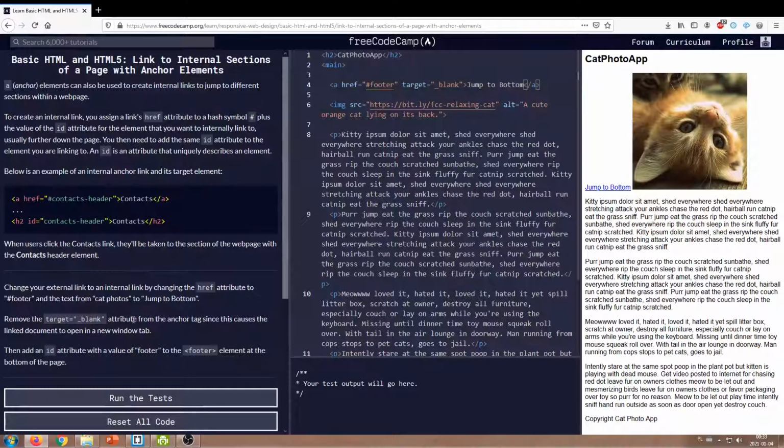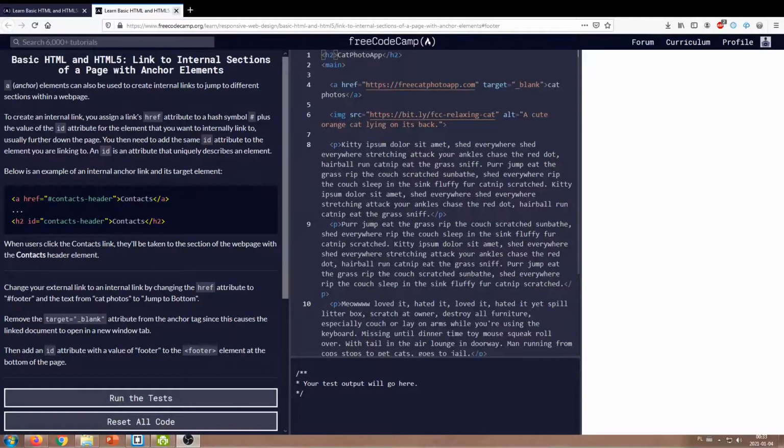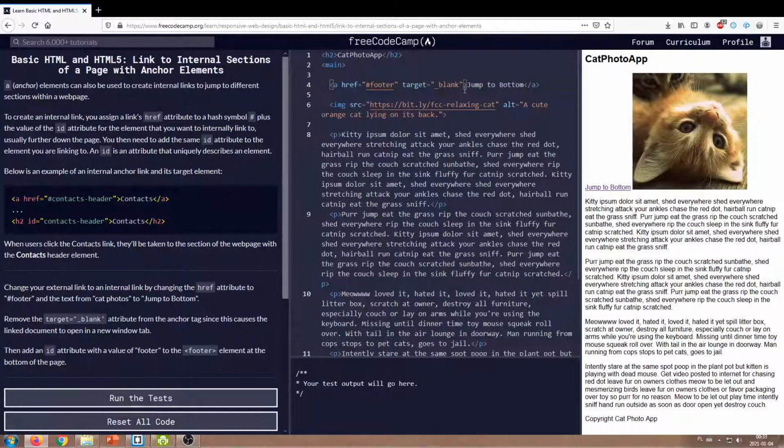Remove the target blank attribute from the anchor tag, since this causes the link to open in a new tab. I'm actually going to show you. If we don't remove it, a new tab would open. It actually opened, you can see it. We don't want it, so we close it. We remove that, and we can now